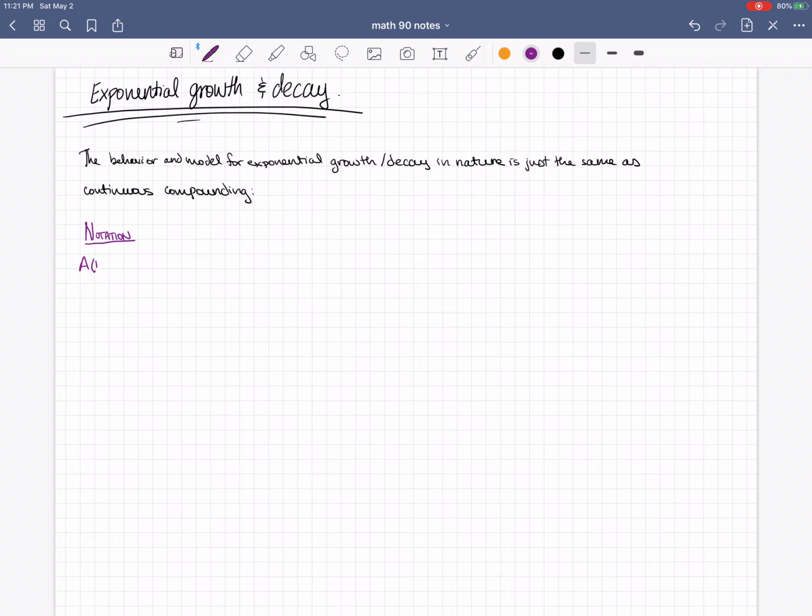A of t. So we will call this the amount of whatever it is at time t. T is generally not going to be always years. You'll see what t is dictated by. A lot of the time t will be years, but you'll notice in some examples that t can even be minutes or days or hours. So we are less bound by the whole idea of time being years when we're talking about exponential growth and decay than we were when we were talking about money. A sub 0, that's the initial amount. And k is the relative rate,